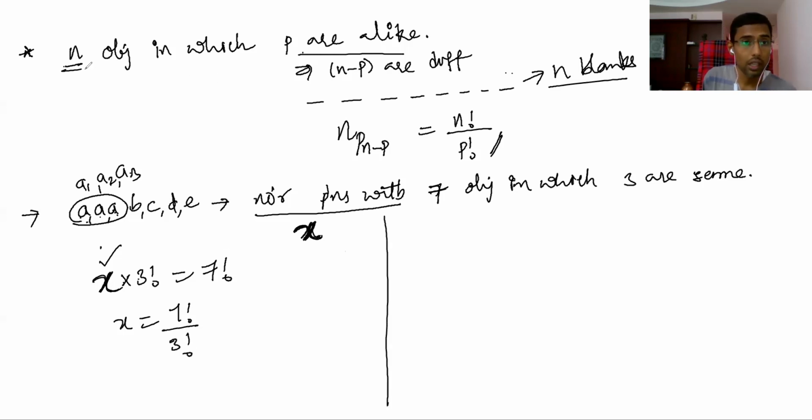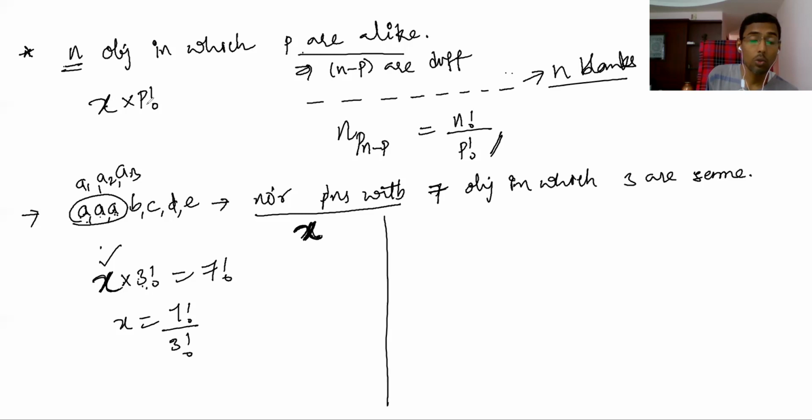So that means in this case p objects are alike. Now if you don't know the number of permutations x, but p alike objects are, let's say, considered to be different, then each of these x permutations will become x into p factorial. Like here you don't know how many x. Now if these are different, then you know 3 factorial more will come. So 1 permutation will become 3 factorial, and then the total permutations will become 7 factorial.